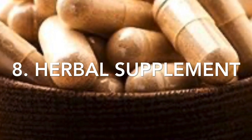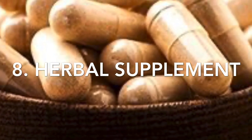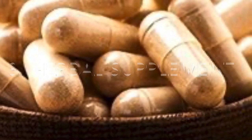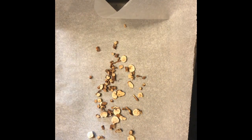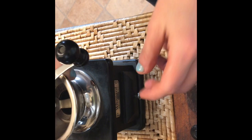You can buy these little empty capsules on Amazon and mix with other herbs like dried nettle leaf to make a really healthy supplement if you don't have access to the fresh materials. So finally on to number 9, which is my favorite, and we are going to take some of those dried roots and we are going to roast them and make a caffeine-free coffee supplement. So just for one, I'm going to pop some in there, stick them in my oven till they're nice and brown, and then we are going to grind them up in my wonderful coffee grinder until we have this beautiful fine powder, which is pretty much